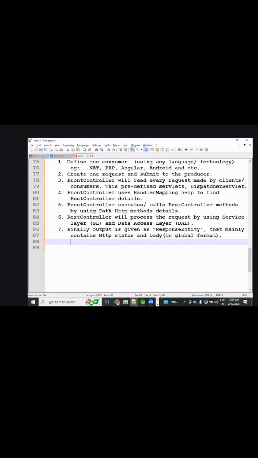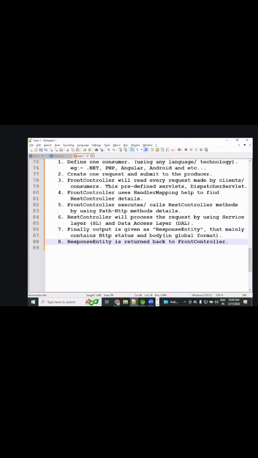Next, step number 8. The response entity is written back to the front controller.